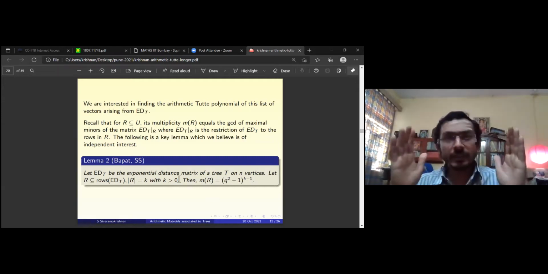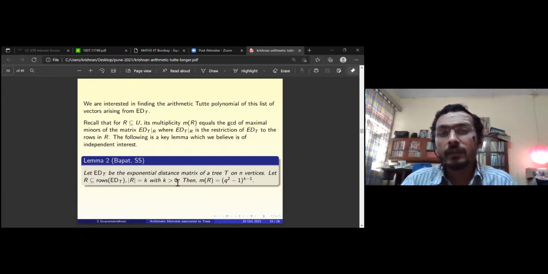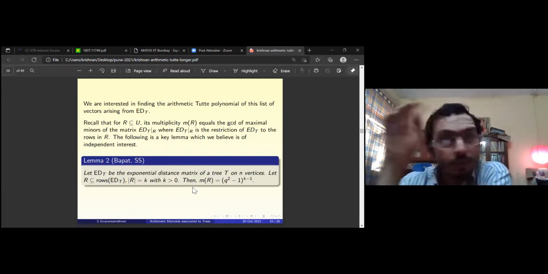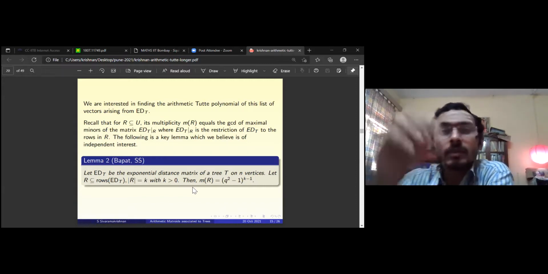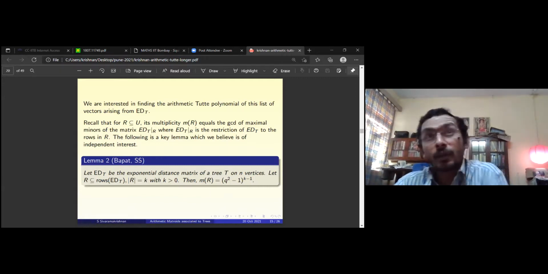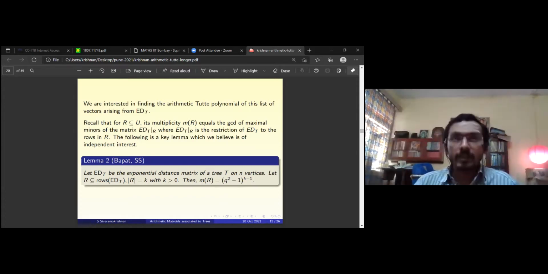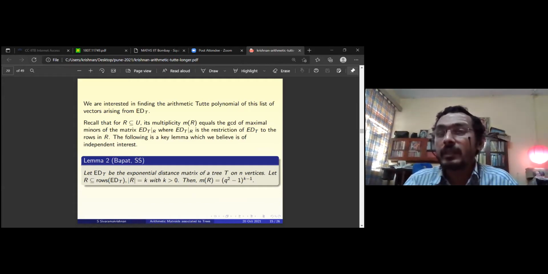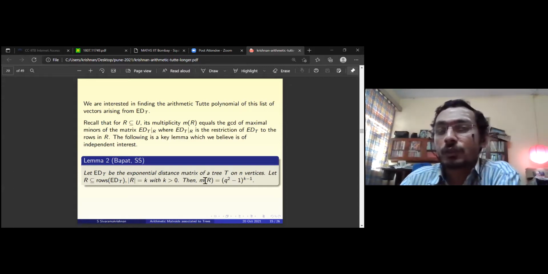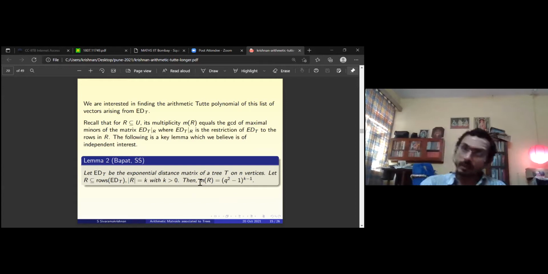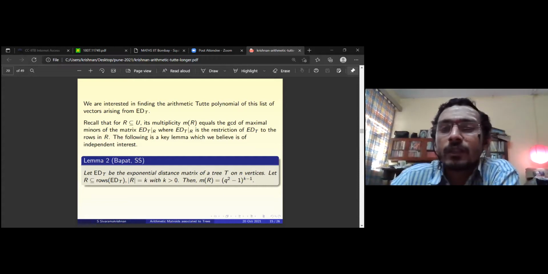So you take the exponential distance matrix and fix R columns, where mod R equals K with K bigger than 0. No matter what choice of columns you take, as long as you choose one column, this M of R will be the same. If you choose two columns, whether column 1, column 2, column 5, or column 6, it doesn't matter. For all of them this GCD is the same. It only depends on the number of columns you've chosen. This lemma was a little tough for us to prove, and to be frank, we didn't believe it at first, because it looks so simple.